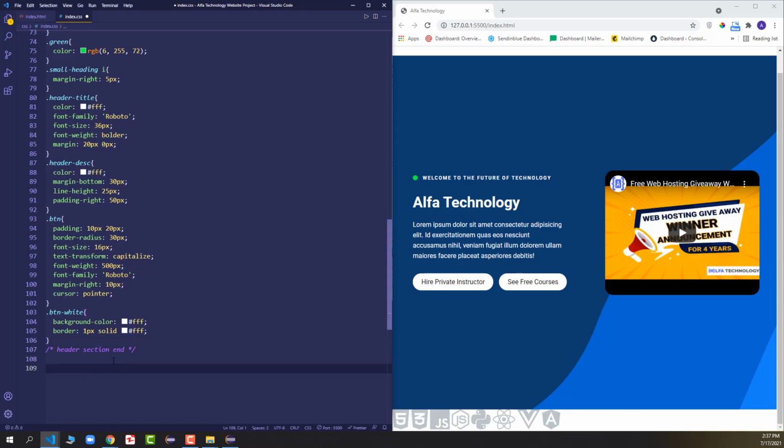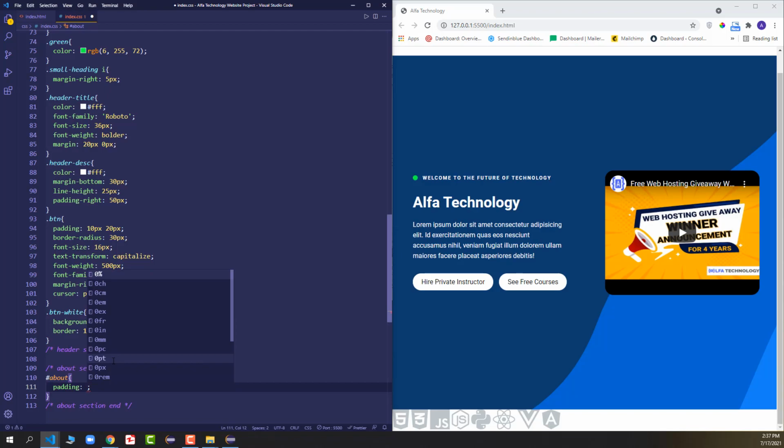So first of all I will come down, and here I will add the about section start comment, and I will copy paste the about section start and I will make it end. Now I will target the about ID, and here I will add the padding, so I will say padding 50 pixel top bottom.